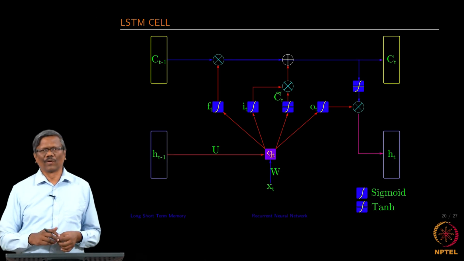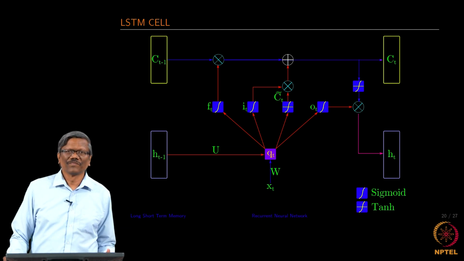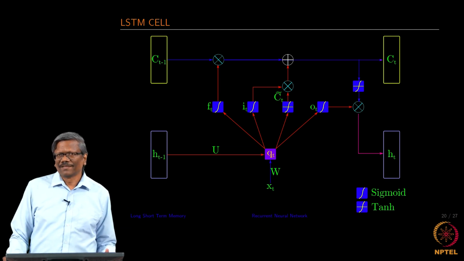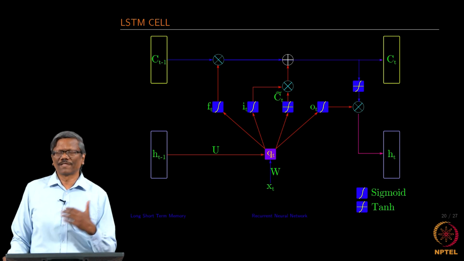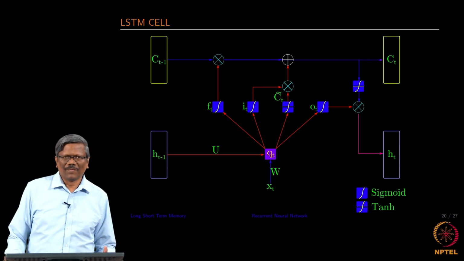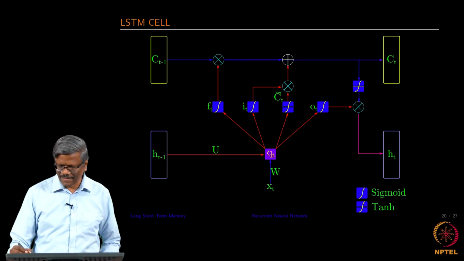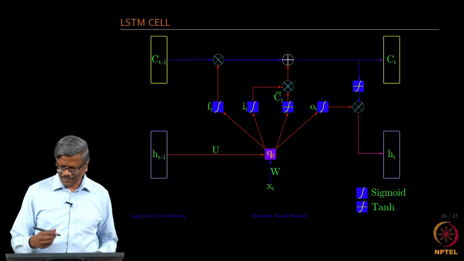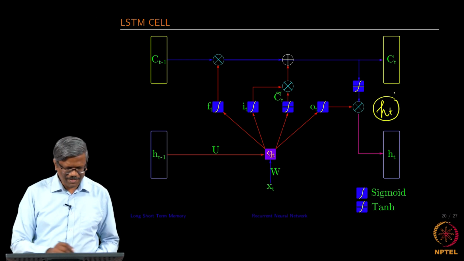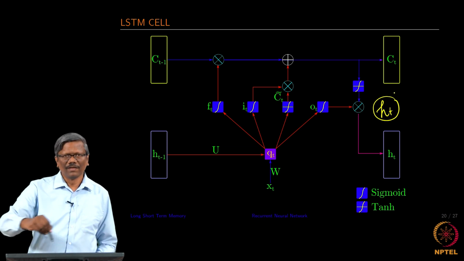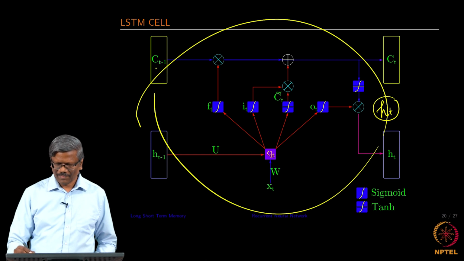So, how does it look? It is a little more complex than what we saw earlier. For some, RNN is still very complex, and this adds a little more complexity to the RNN mechanism. This is one cell that we are talking about. We are going to replace this, as I wrote earlier, this HT is replaced by the whole piece.